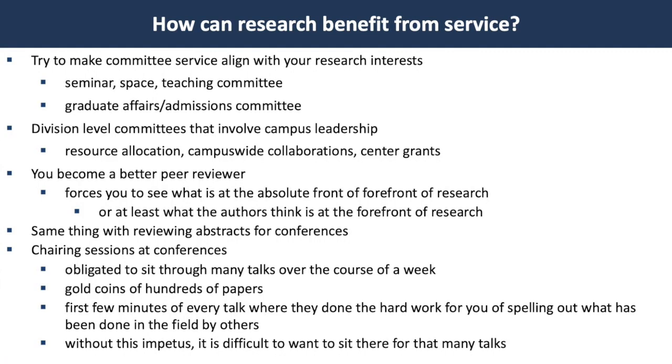All right, let's move around the dial a little bit. How can research benefit from service? So there are some kind of cynical things that you could say here. One is to try to make committee service align with your research interests. So if you're